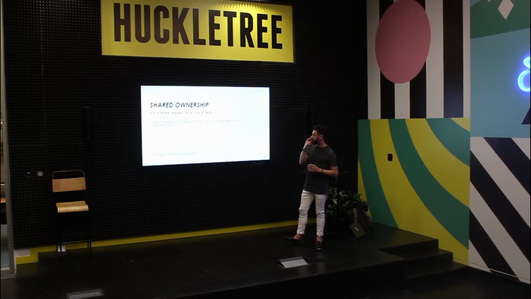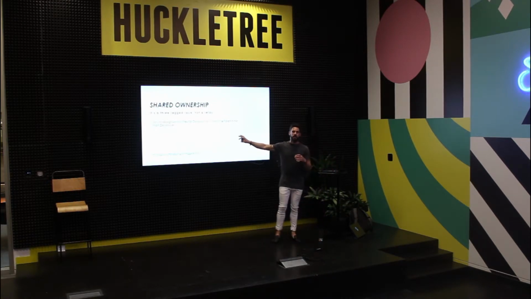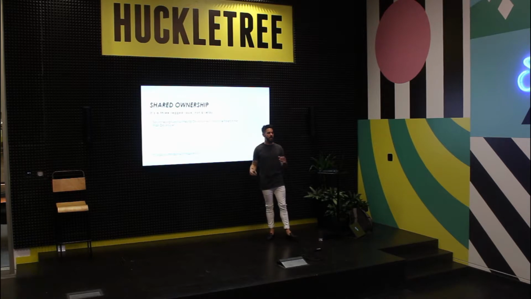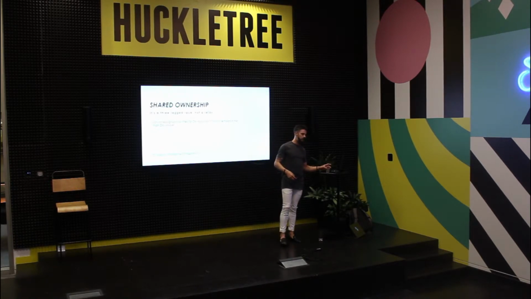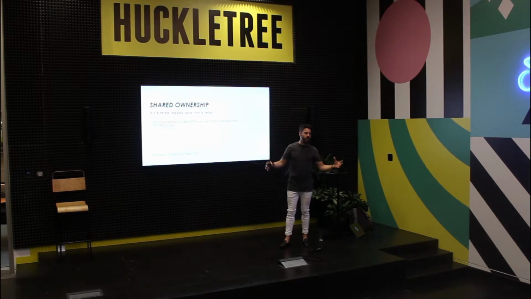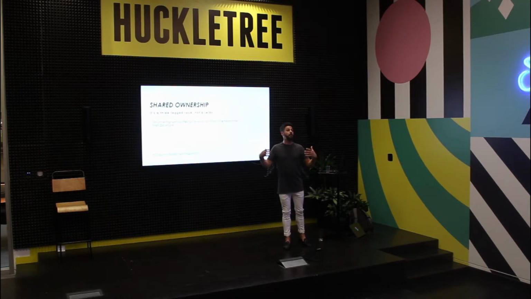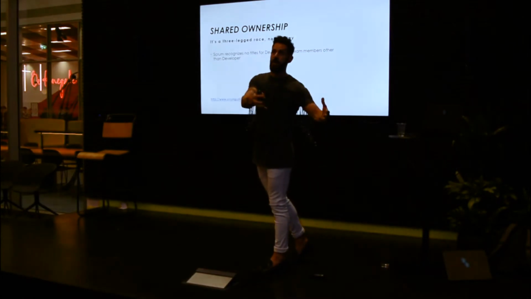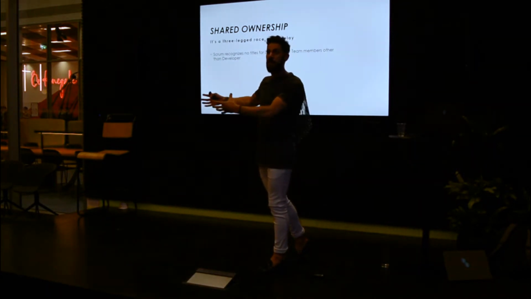And it says that Scrum recognises no titles for development team members. The key thing here is not these particular rules, it's that a development team is a group of people, whether they actually work in the same team, under the same line manager, or in the same building, whatever it is. Even if you work across different companies, the idea is that you, as a development team, are developing something, a feature, a product, whatever it might be, that ultimately is going to go to a customer, whether that's someone on the street, or another business.